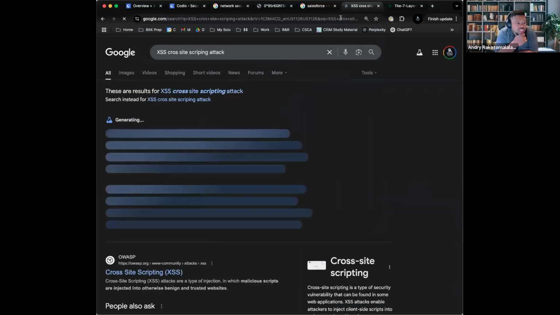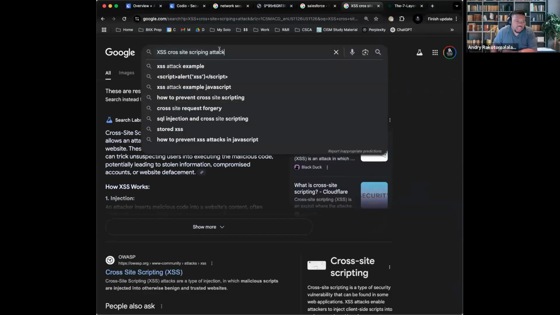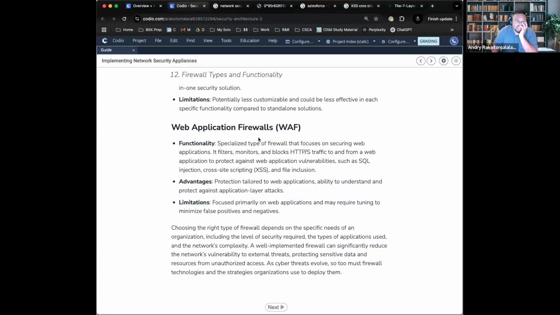Now, a cross-site scripting attack is essentially when it's specifically for a web application where someone can inject malicious script onto the website. It's typically when there's a place where you can input certain amount of text. So like a user can type something in, they can input a script that has the web application do an action it's not supposed to.